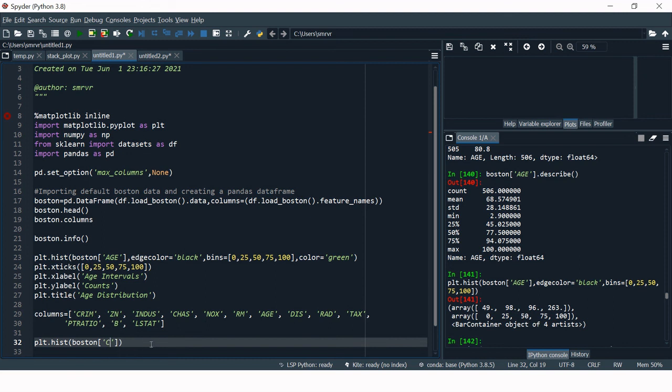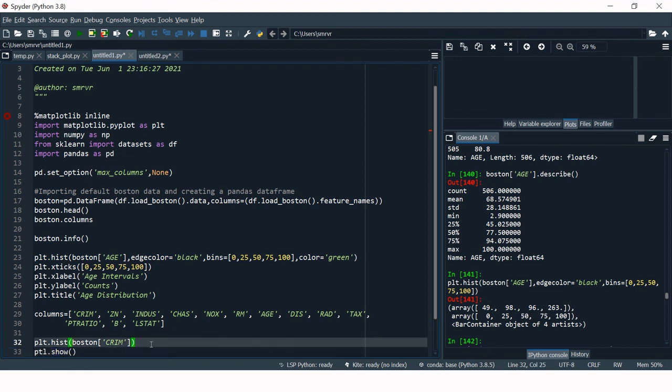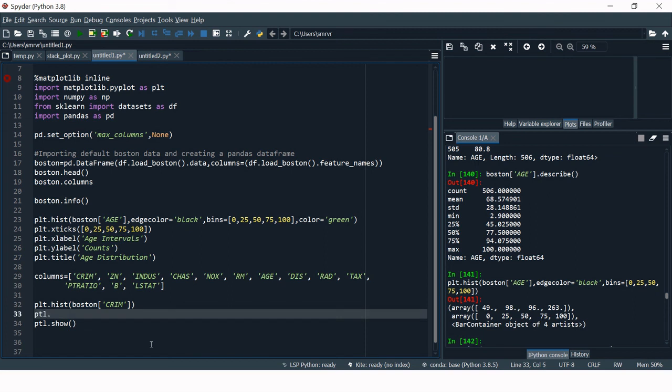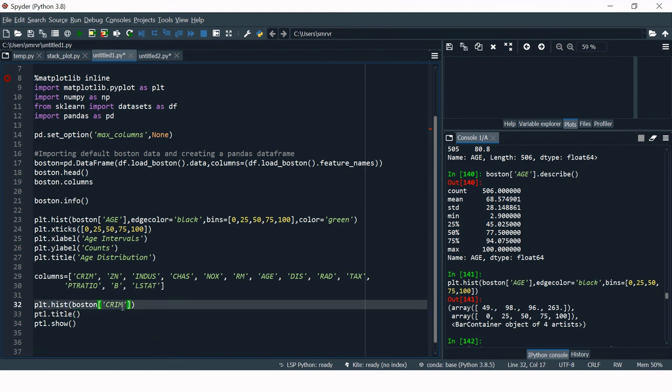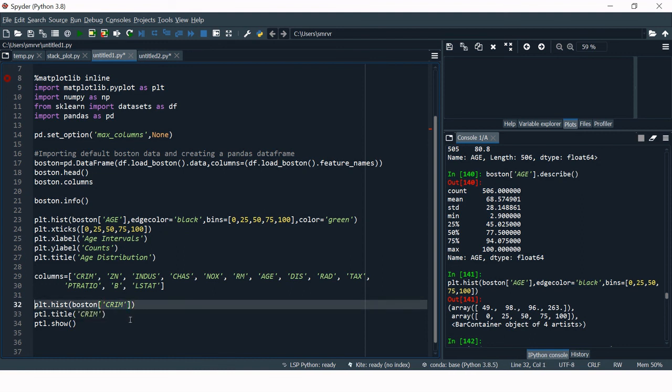For example, crim. At the bottom I'll say plt.show, and before that I will put the title. In the title I'm just going to use the variable name itself. All right, let's try to run this.